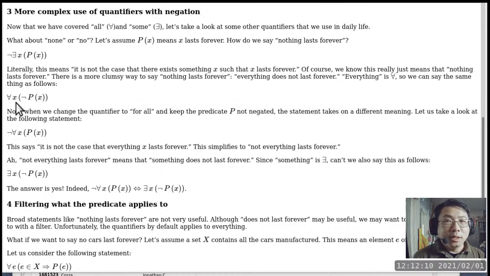Well, the answer is, if we use just this notation for all x, in order to bind this x to be evaluated by p, it actually binds to everything in the entire universe, abstract or otherwise. So it doesn't seem to make sense, right? Because what things exist in this universe? People, okay? So you can basically say, is Tag even? That doesn't seem to make sense. Now, if you ask is Tag odd, you can sort of say yes, Tag is kind of odd, okay? But even is not a concept that applies to people, right? It only applies to integers.